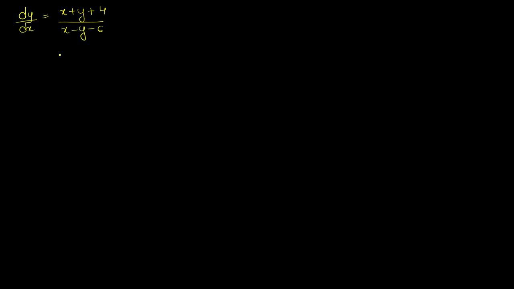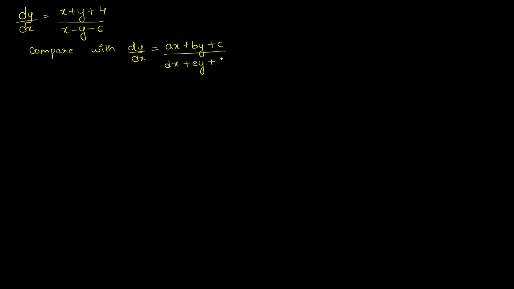So if you compare this with the given form, that is dy by dx equals (ax plus by plus c) whole divided by (dx plus